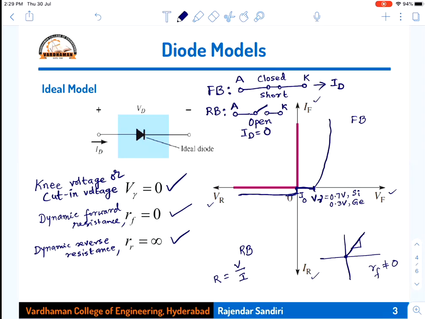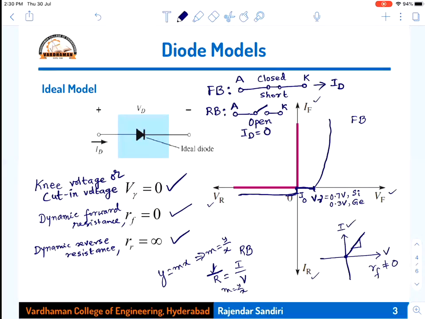I by V. I have to write I by V. This 1 by R is equal to I by V. Actually, R is equal to V by I, but I'm taking the reciprocal of that, so it will become I by V. So m is nothing but 1 by R, and I is nothing but y. Here this is I on the y-axis, and x is nothing but V. V is on the x-axis. So it is almost like m is equal to y by x. So y is on the y-axis, the I variable; V is on the x-axis, the V variable; and the slope is 1 by R.